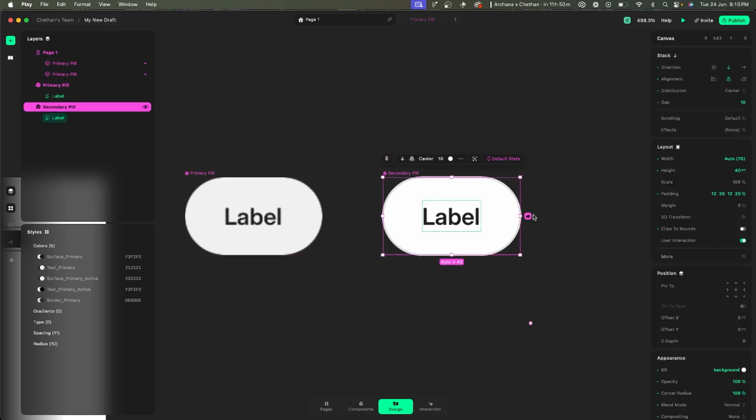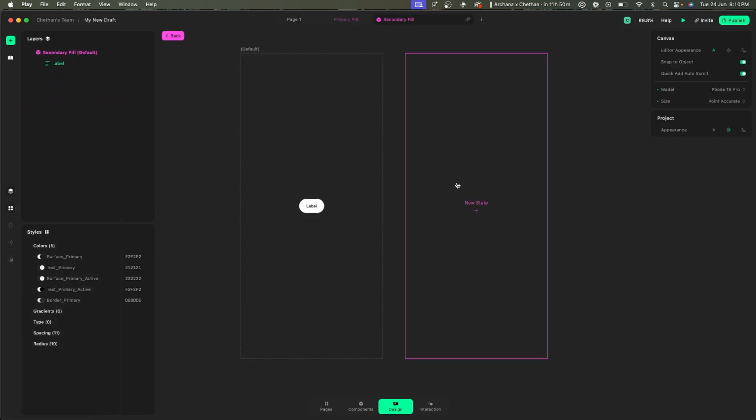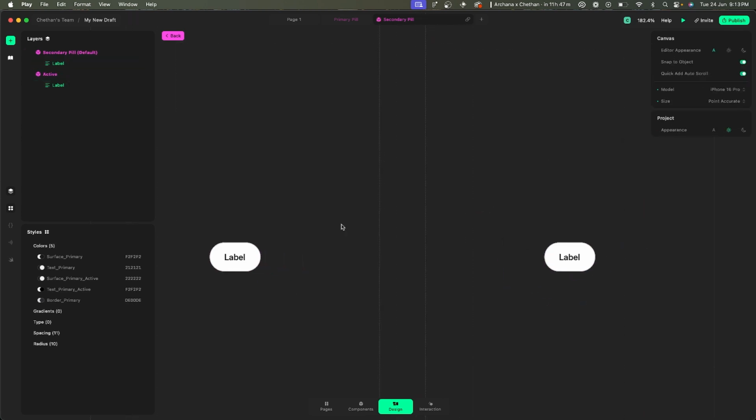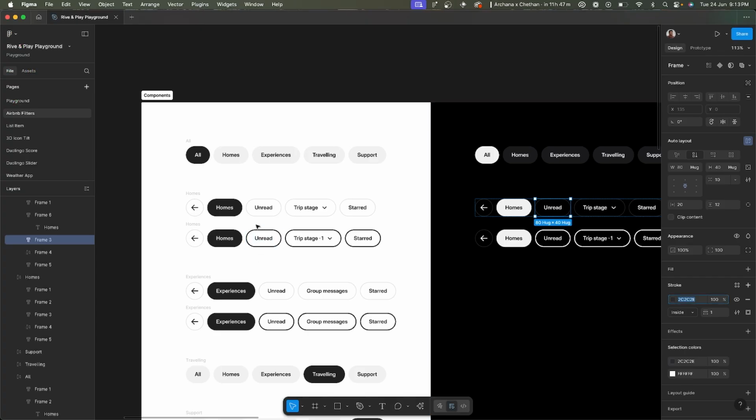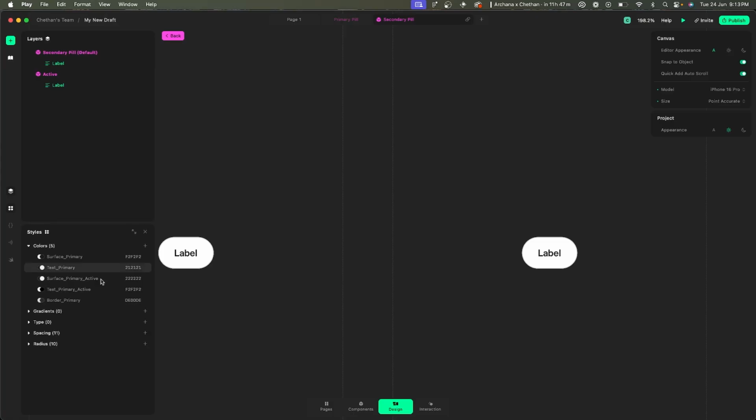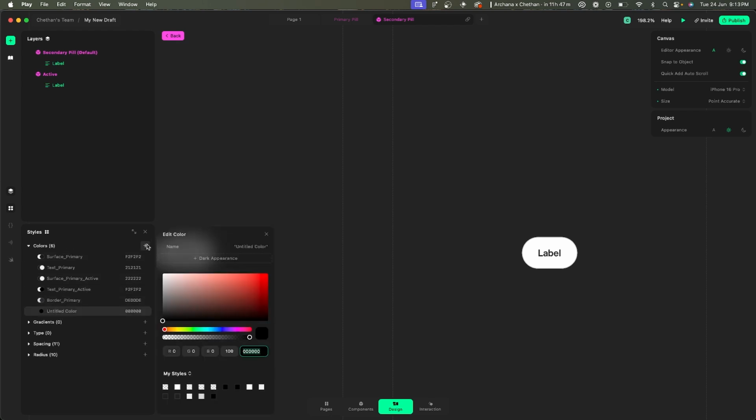So what we'll do now is we're going to go ahead and open up the main editor. All right. And this is where we will create the active state. I'm going to go ahead and call this active. And now in the active state, you can see that this one is now black in color. So I'm going to create a new token. I'm going to go ahead and call this border, or maybe call it border primary